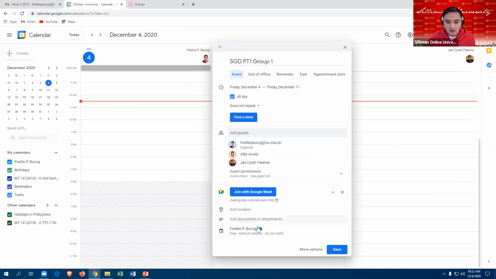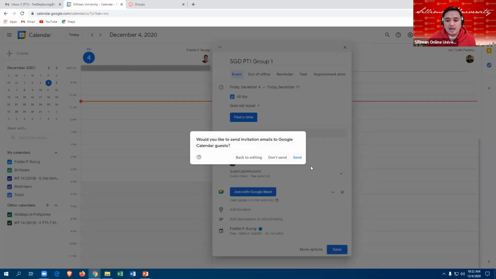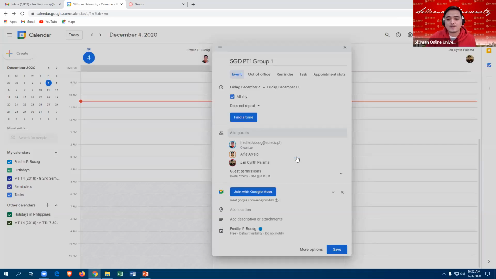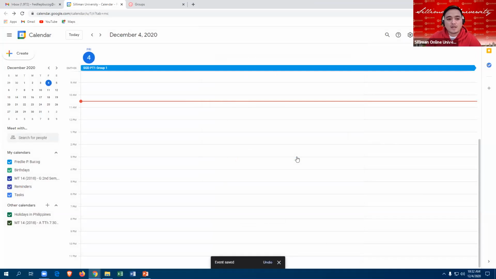If you have general instructions, you can place them also. You can define your instruction here or just simply attach a specific file. And then once you're done, you click the save button and then send. So in that case, we have SGD PT1 group.